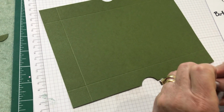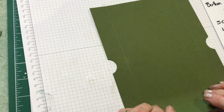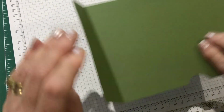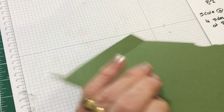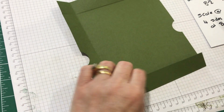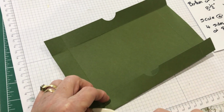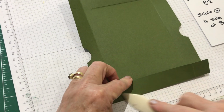So once you've done that, you then get your bone folder and you're going to put all the creases into the box on your score lines. These little boxes also make nice gift packaging ideas to put not only cards in but also other gift ideas like chocolates or toiletries or Bunnings vouchers and little garden gifts. So once you've done that on both sides,